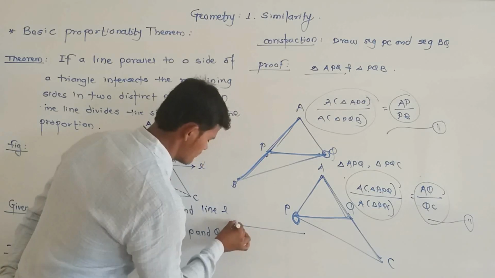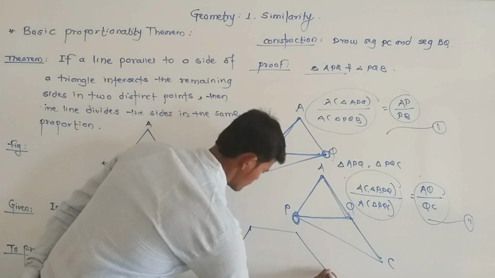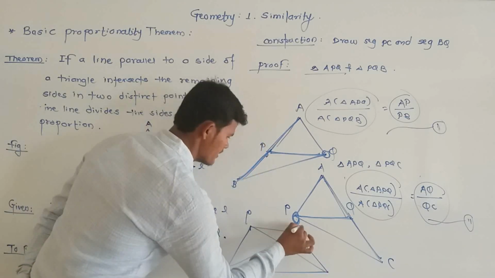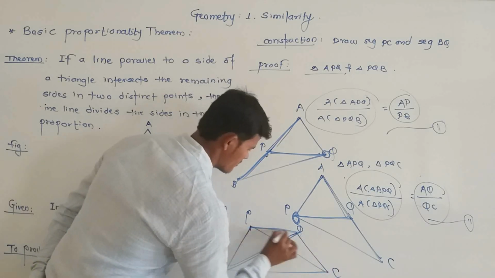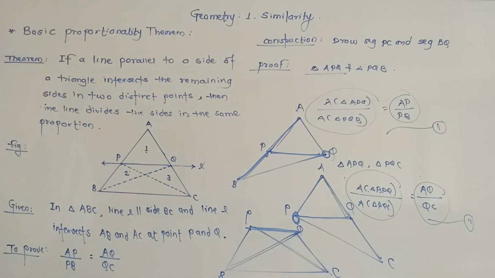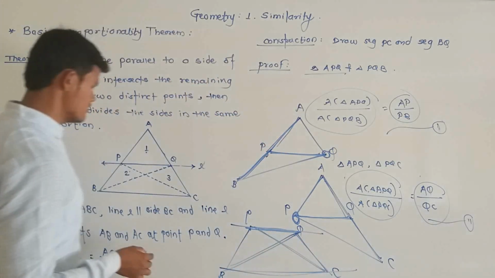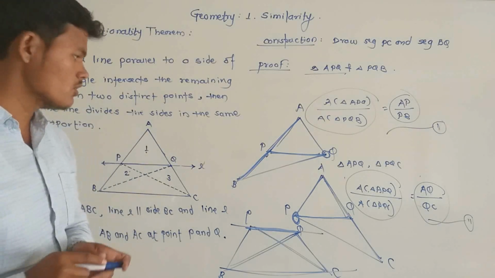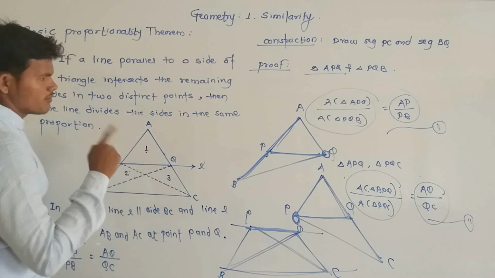Figure is, so here PQB near C. So triangle PQB and here triangle PQC, and for both the triangles their base, that is segment PQ, is the common base, as well as both the triangles are enclosed in two parallel lines, so their heights are equal. And if two triangles have equal bases and heights, then their areas are also equal. That means area of triangle PQB is equal to area of triangle PQC.